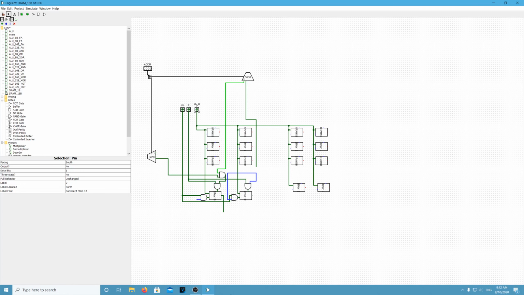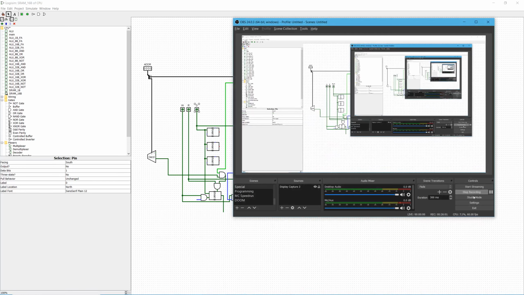It's not too hard to do. It's just going to be very time consuming, especially if I do it on camera. So yeah,